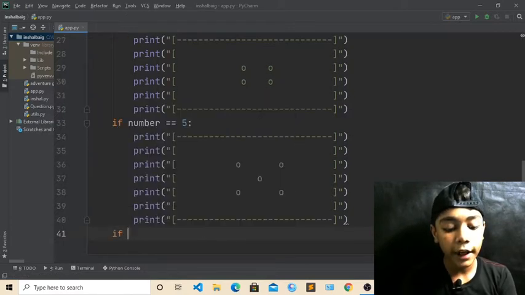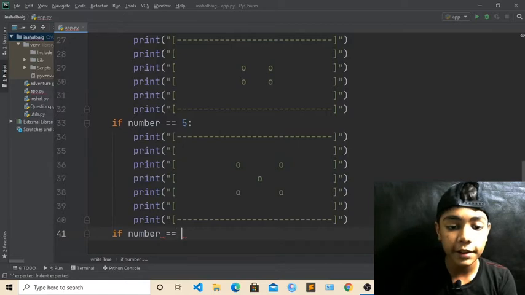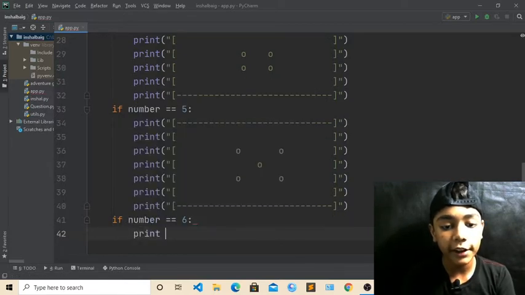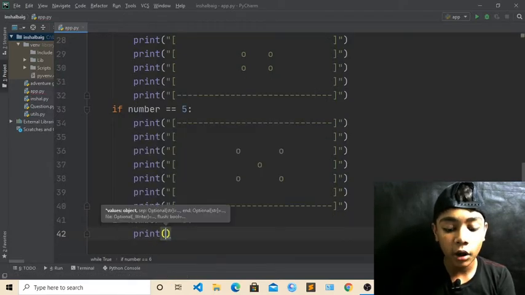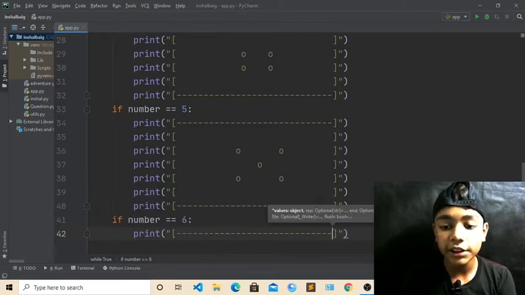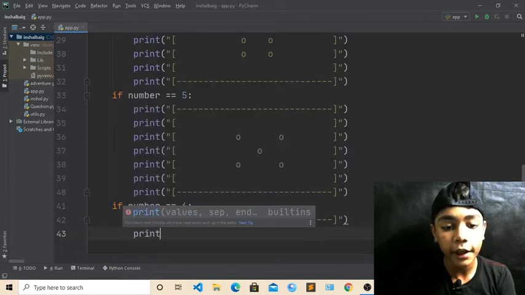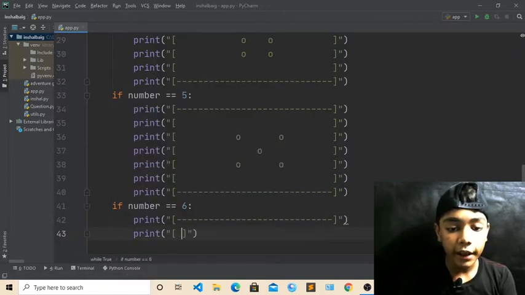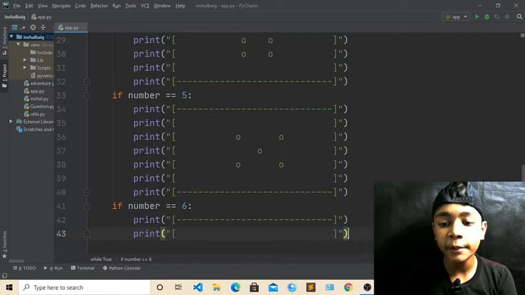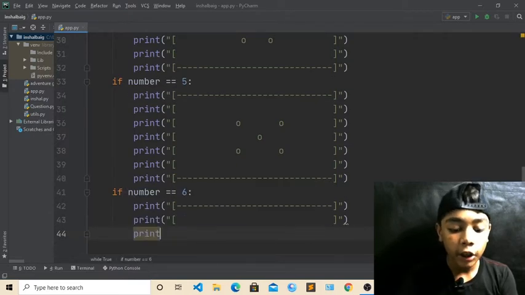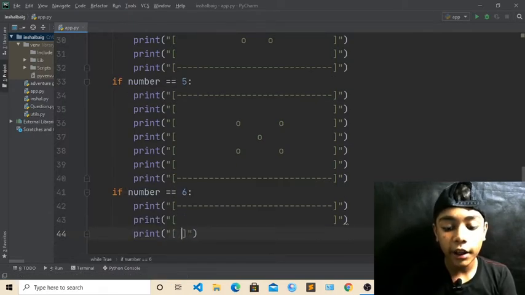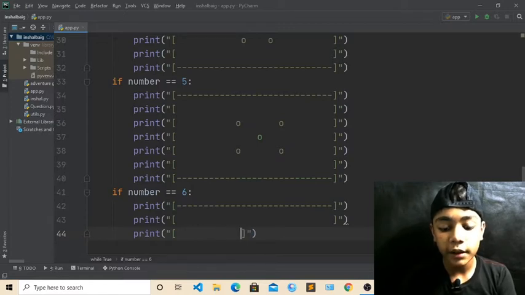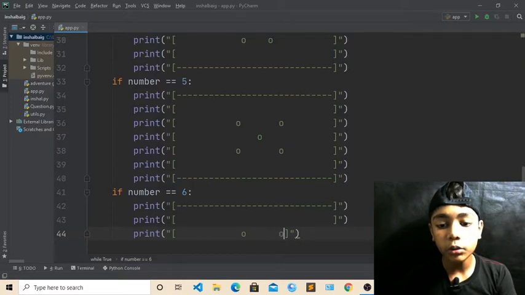Now you have to write if number, which will be 6, again, because we are doing till 6. Then print tag, and now here you have to write square brackets. Now in square brackets you have to write another dashes over here. Till here we have defined print, which will be now again empty. Come over here, print tag again. Now there will be like that, and now here you have to define 6, 1, and there will be 2, and 2 and 3 will be underneath that.